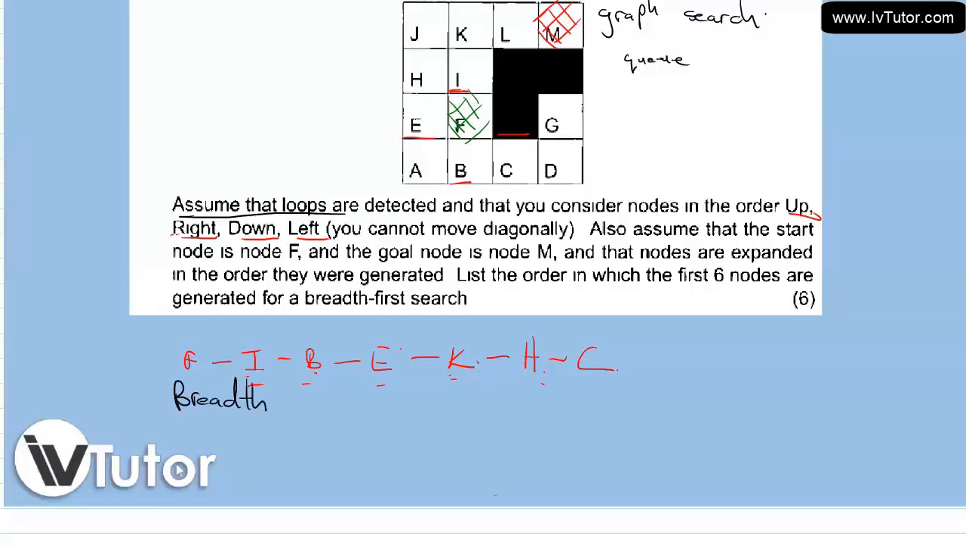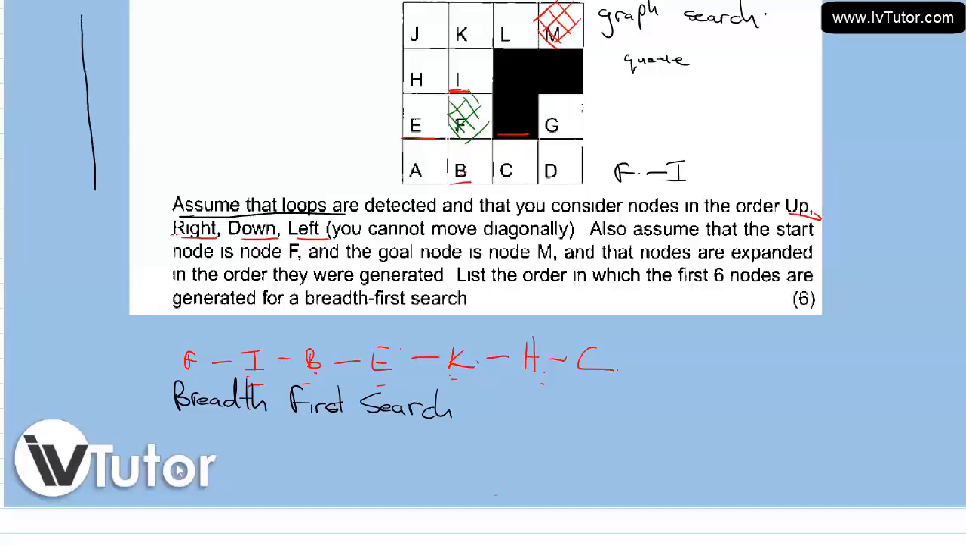If we were to use depth first search, how different would it be? Depth first, we're going to have F as the start, and then it would give us I, and then I would give us